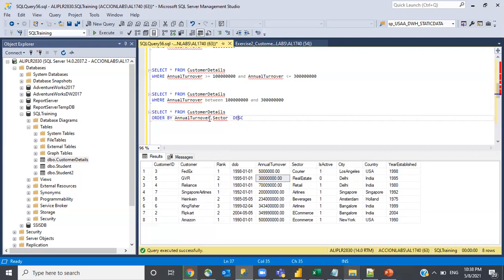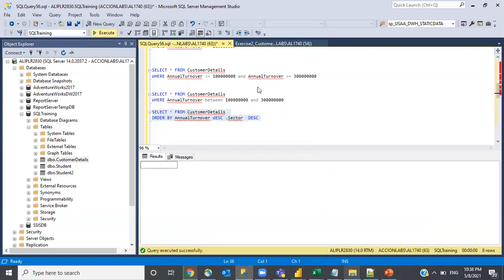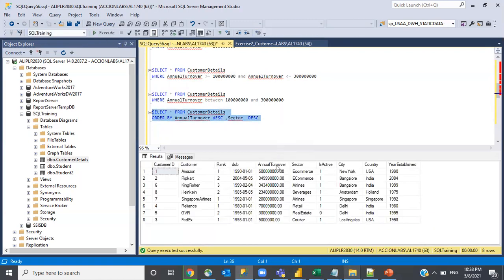Now if you see here, sector got descending. You see here now, it is the annual turnover first and then followed by the sector wise.